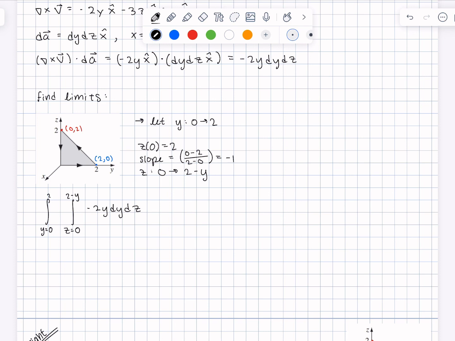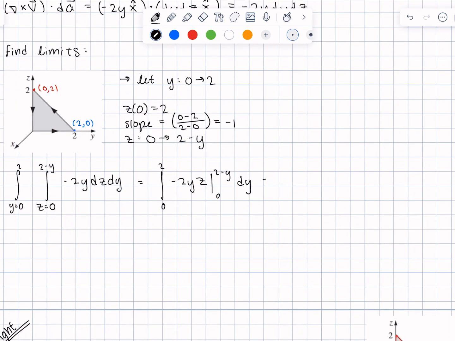And this isn't too hard. This will just become integral from 0 to 2, y from 0 to 2, and then z is going to be negative 2yz from 0 to 2 minus y, and we'll be now doing dy. Also, I had a mistake here. It should be dz dy. And then that's going to go to this, which will be negative 2y, and then we'll have 2 minus y, excuse me, we'll plug in for z, and the 0 would take it to 0, so we can leave it as that, and dy, and then now we just have to integrate 0 to